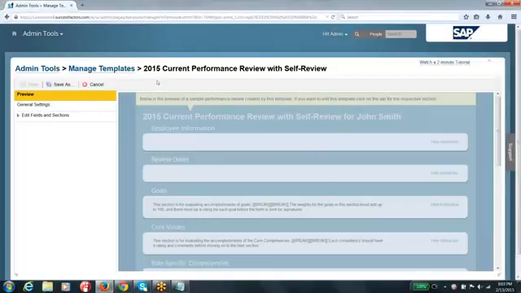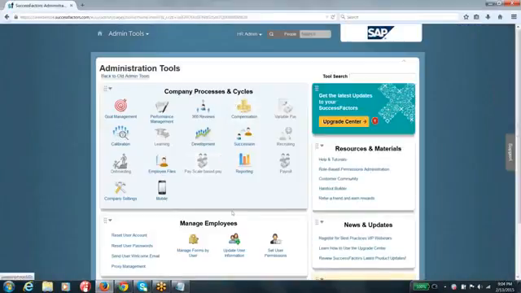You can see the administrator has configured this, right? Under the administration tools, he went to the template and created a custom template, or he might have imported a standard template, but he configured that, integrated the required roadmap, and integrated the required rating scale. Everything is perfect. And he wants to launch this particular template, whatever he configured as per the organization requirements, to the employees. Say he is interested in launching the form to a specific division of employees. So how is he going to do that? Go to administration tools. Remember this, guys, 2015 current performance review is the template that we are looking at.